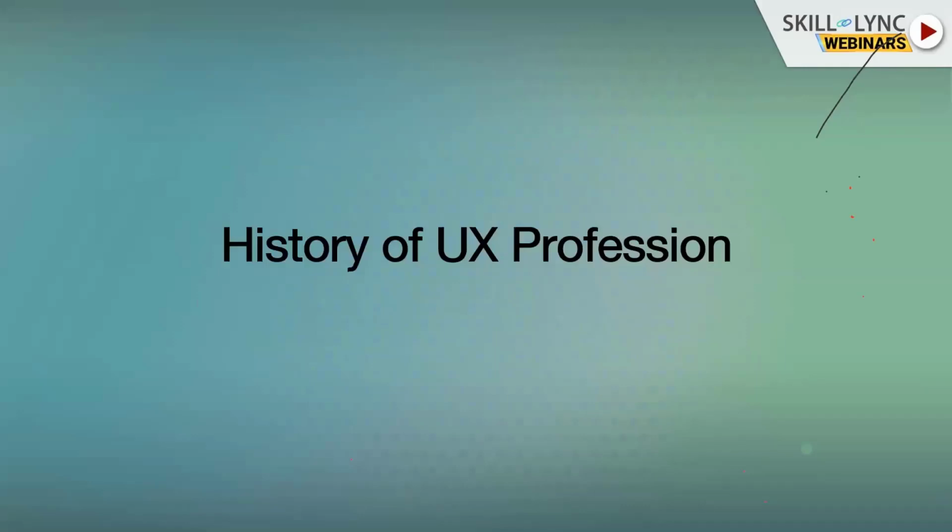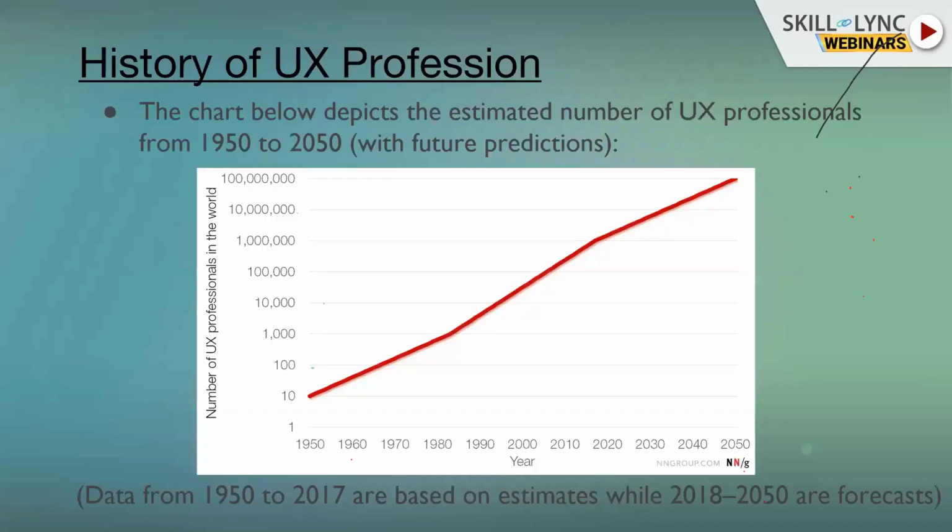I think my first important point was the UCD process. So this is a history. You can see how gradually the number of professionals has increased. When I say professionals, it's not the job market we are talking about. We are just saying how the profession, as a history, has gradually grown. So this is a chart to show you how gradually it has increased.